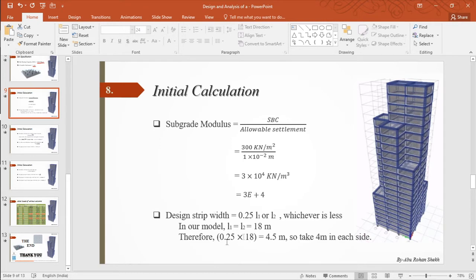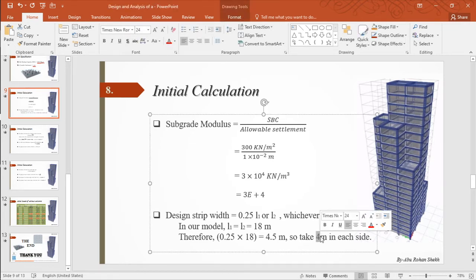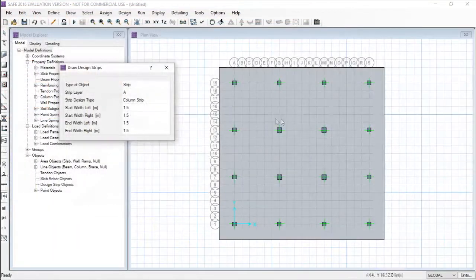Yes, for the design strip, the width on each side I will use as 4 meter, right? So for the start width at right, left, and left, right for the end width, just place the value of 4 meter.